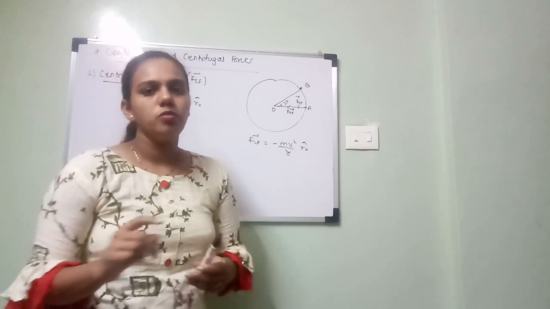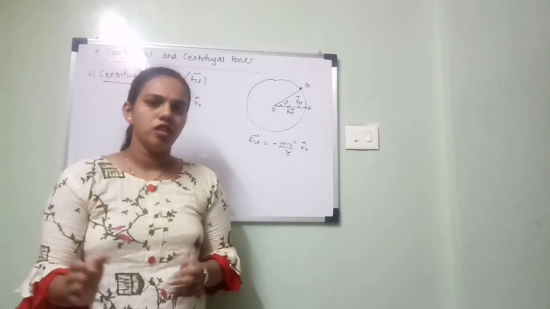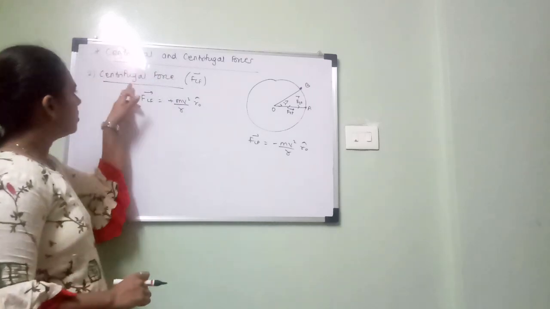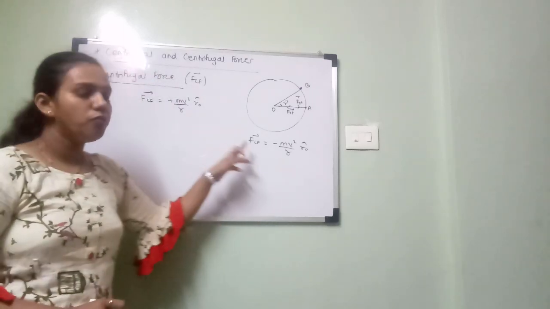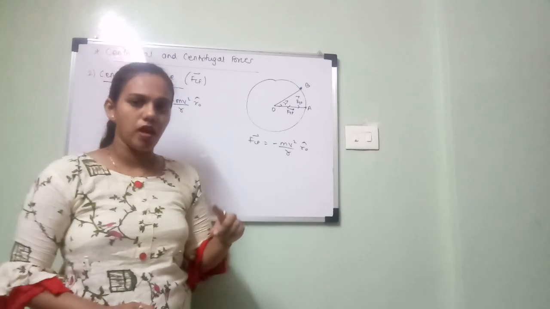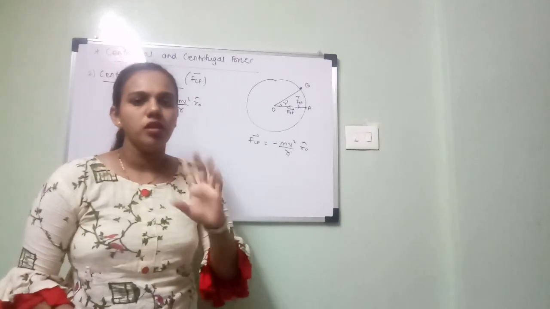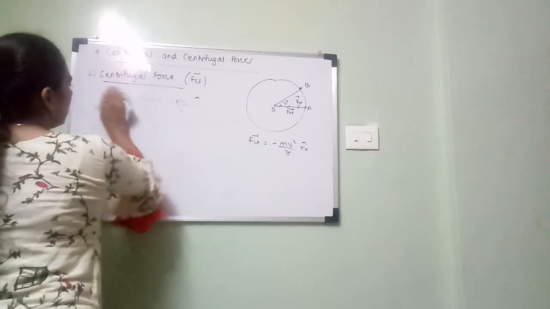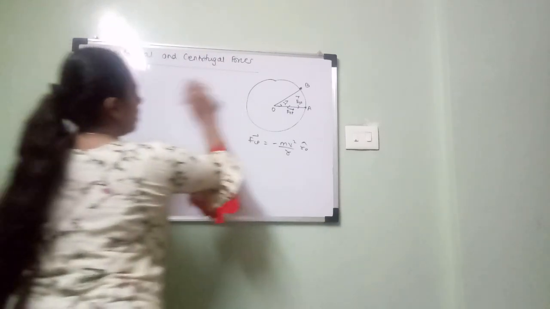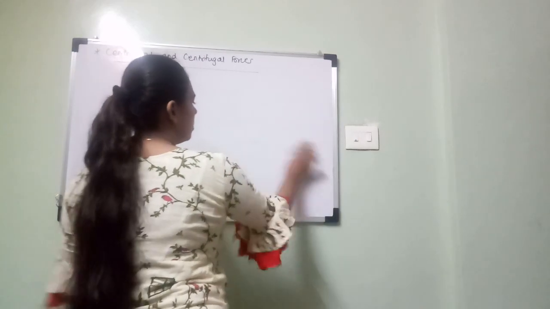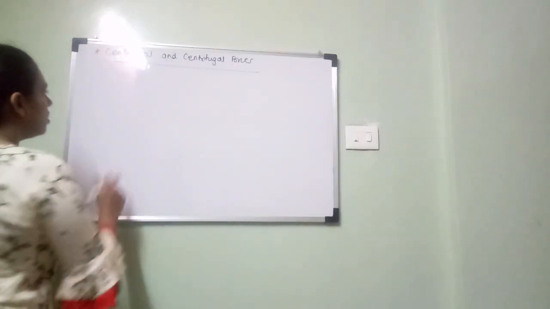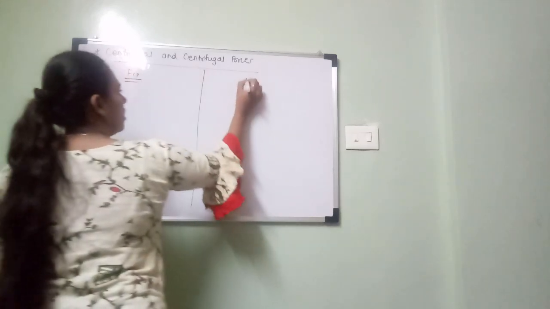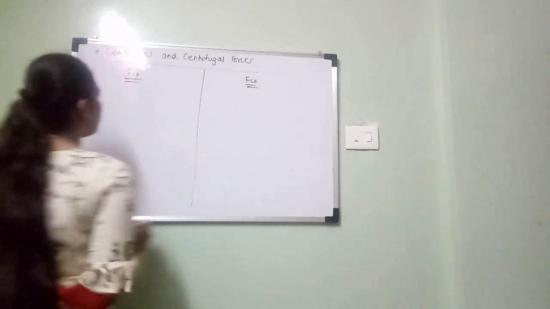Now last question from this is nothing but distinguish between centripetal and centrifugal forces. Okay, now just remember one point. This is a pseudo force, and the both forces are having same magnitude of mv square upon r, but the direction is opposite. Okay. Now last we will see distinguish between centripetal and centrifugal forces. So here we will see FCP, and here we will see FCF.